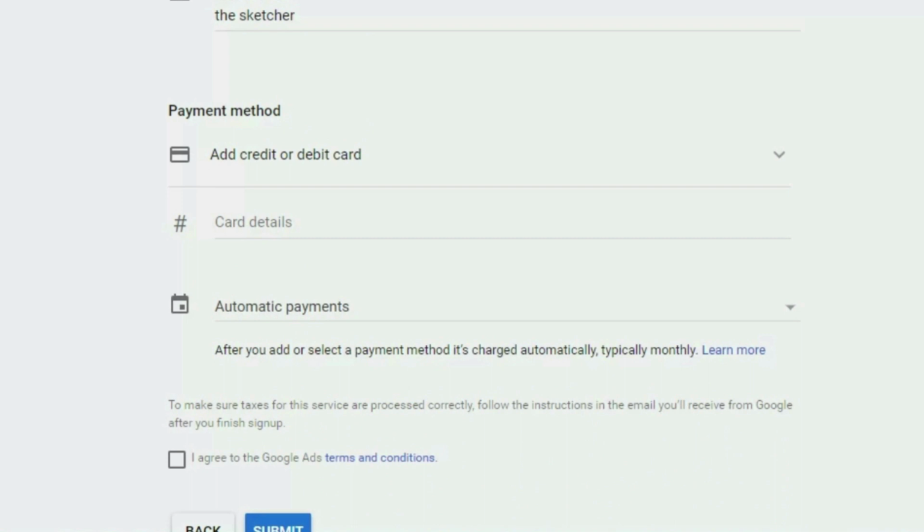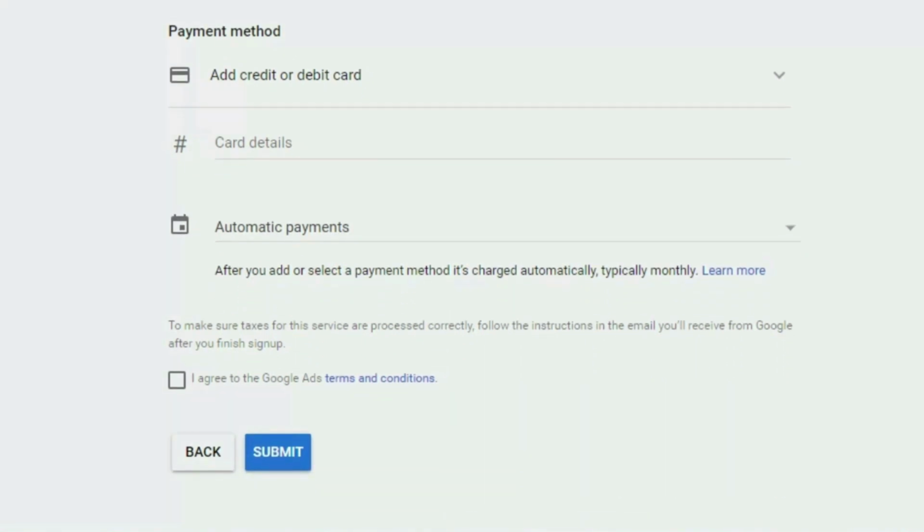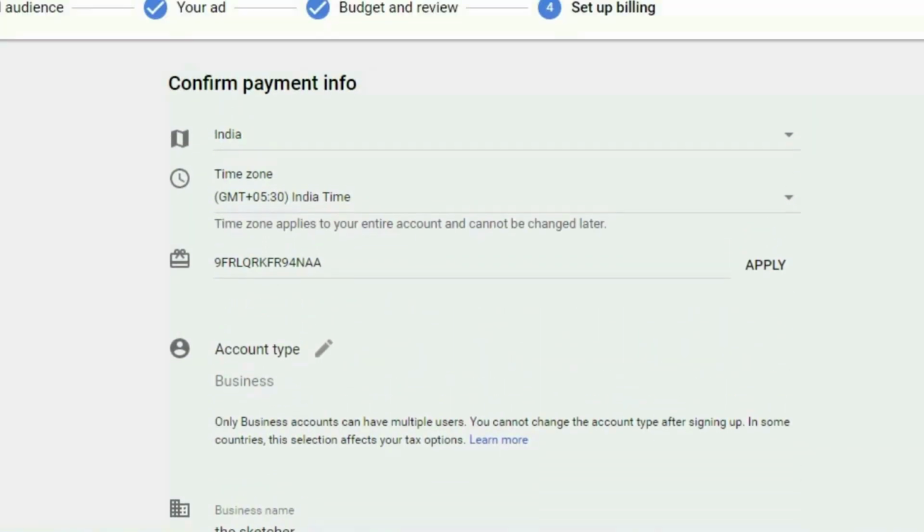You need to enter your credit and debit card details and other further details, and you need to agree to the terms and conditions that Google has provided. And finally, after submitting, you have a bond with Google, which takes the responsibility of promoting your channel or any business that you are running to the various Google platforms or the Google search engine. On any of the Android phones associated with Google, your business would be advertised. And if somebody searches for something related to your business, Google is definitely going to highlight your business advertisement at the top.